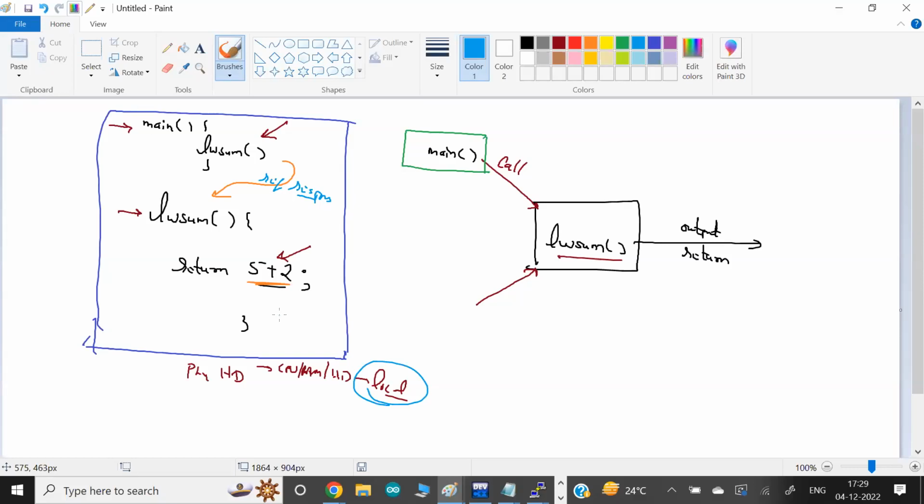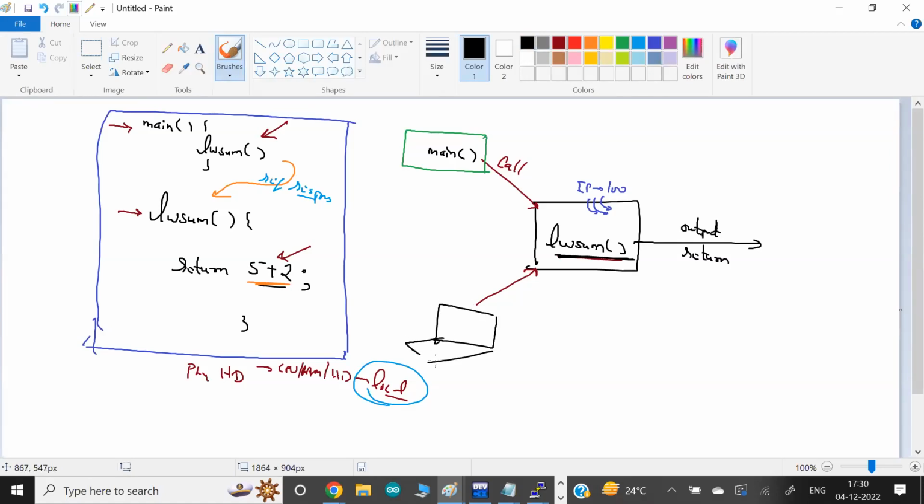Okay, but I don't want this. What I want is that this function may be running on another computer. Let's say I'm just giving a computer IP address, let's say 100. So I want this function to run on IP 100, means a different computer, different physical devices. Okay, but this function I want to call from another computer.